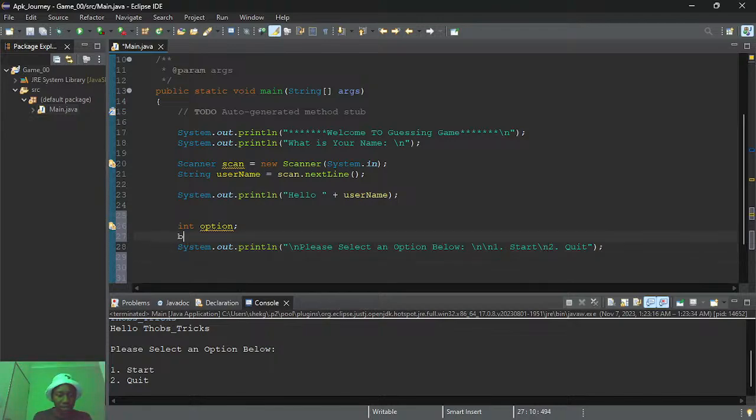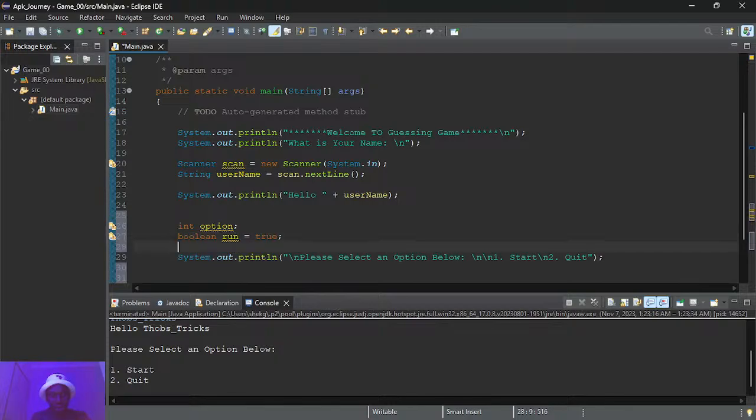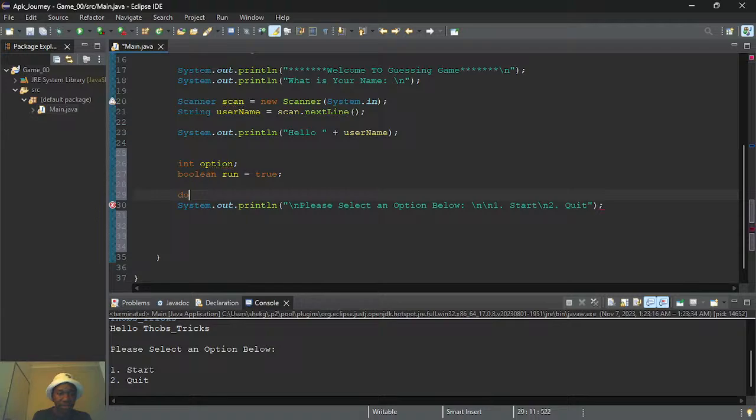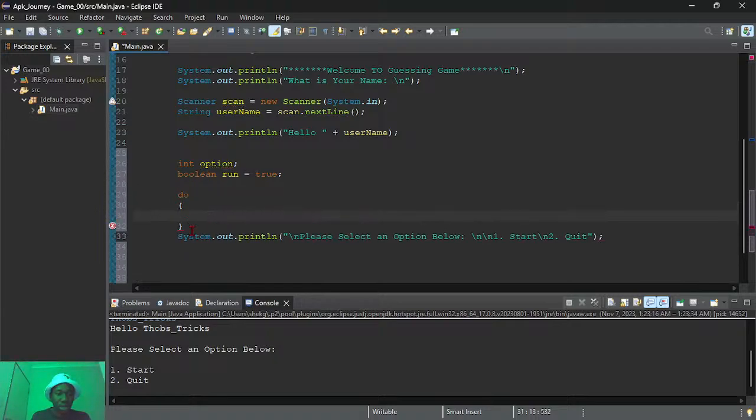I'm also going to have to declare another thing, boolean run. Initially it is already initiated to true, but I'm just going to do that, and then we're going to have something like do, and then while run. Hope it makes sense.